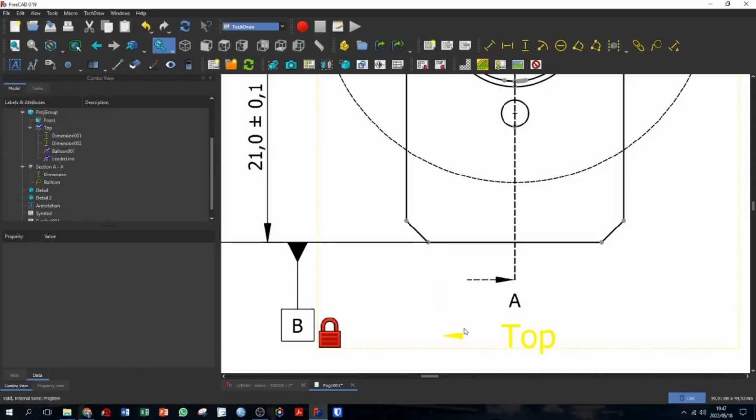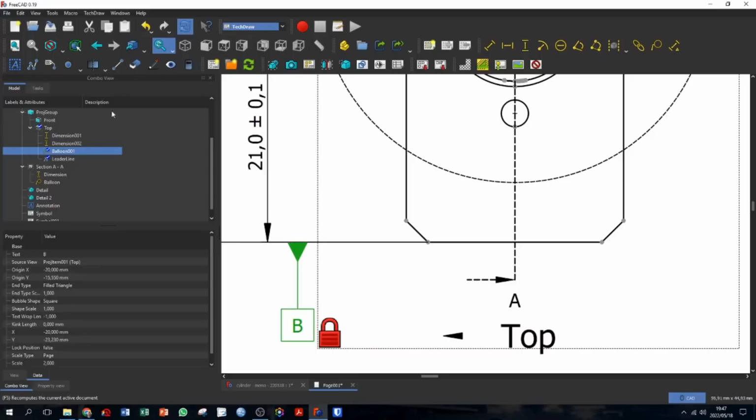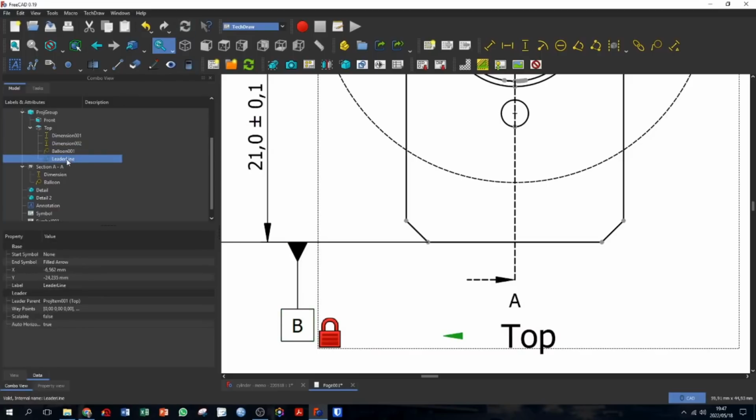Now you will notice that the leader line actually disappears and it only shows the filled arrow. Okay, so to fix that, what we need to do is select the leader line in the model tree, and then come here in the property view. Here the last entry is auto horizontal, and we need to set that to false. Okay, and if we now recompute, you will notice